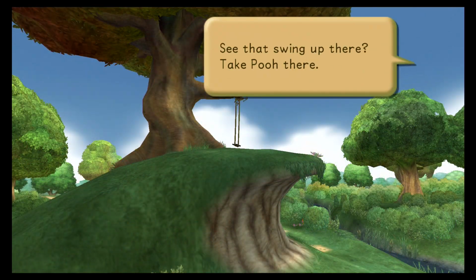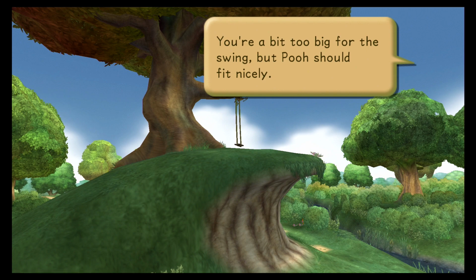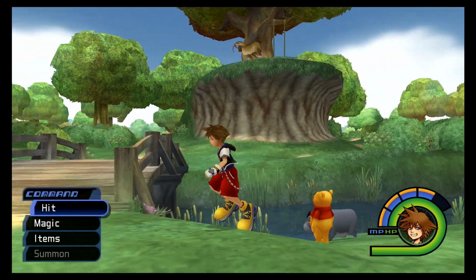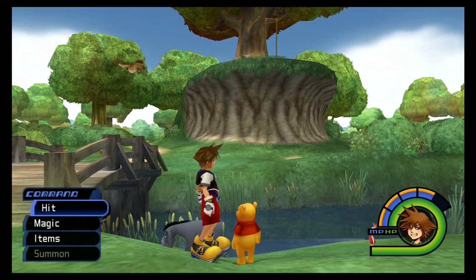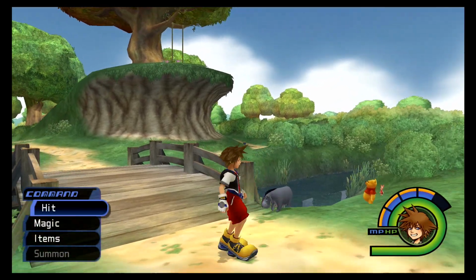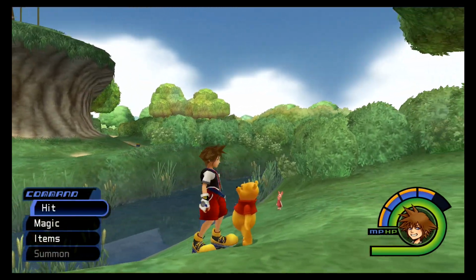So yeah, Owl here hasn't got very good eyesight, so he can't literally just fly up and look in the sky for Eeyore's tail. So what we need to do is actually lure good old Pooh Bear here, all the way over to that swing that you see in the distance. Doing so, well, you'll be able to...